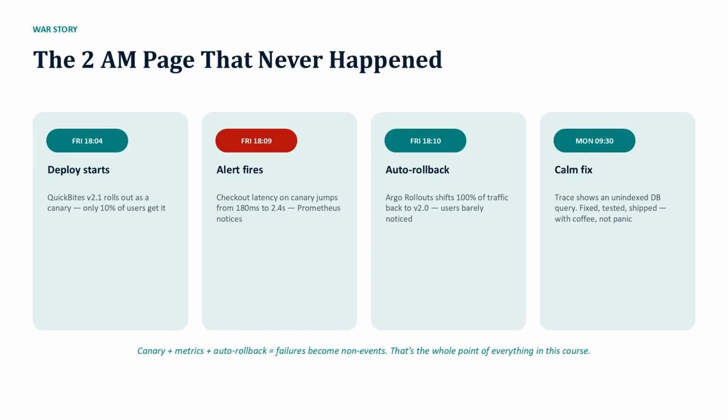Let me tell you a story that shows why all of this matters. Friday, 6 p.m., the worst possible time, QuickBytes ships version 2.1. But it goes out as a canary. Only 10% of users get the new version. 5 minutes later, Prometheus notices checkout latency on the canary jumped from 180 milliseconds to 2.4 seconds, and an alert